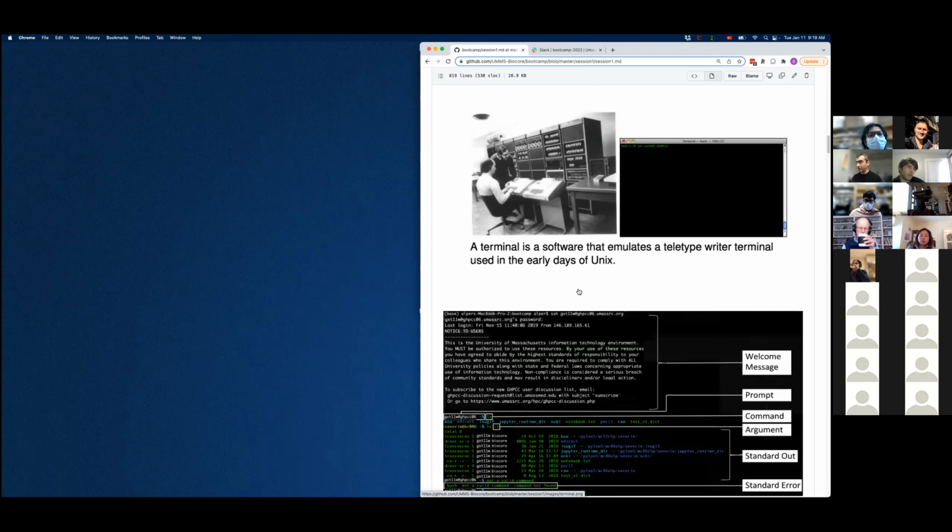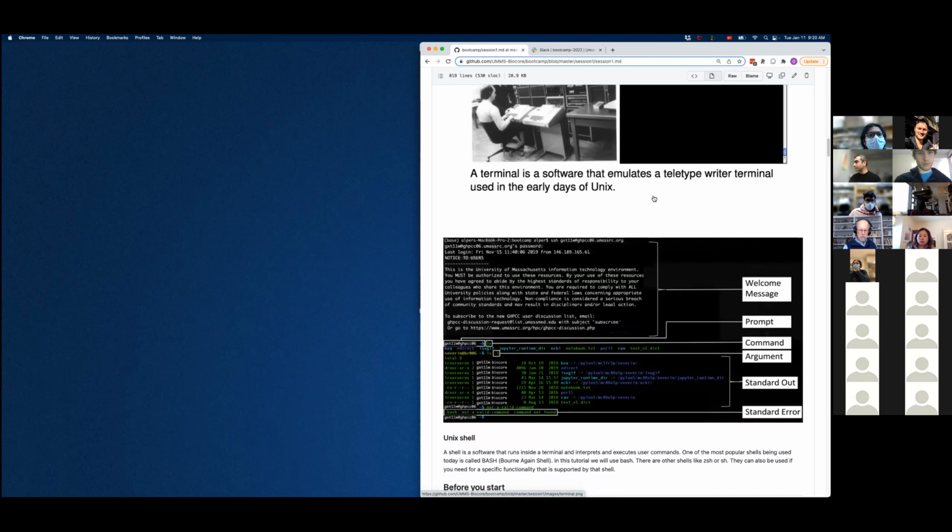At that time that was obviously not possible. And it turns out that even today, one of the most efficient ways of communicating with computers is just using text. So today we use this software, also called the terminal, and we just type what we want from the computer into this box.